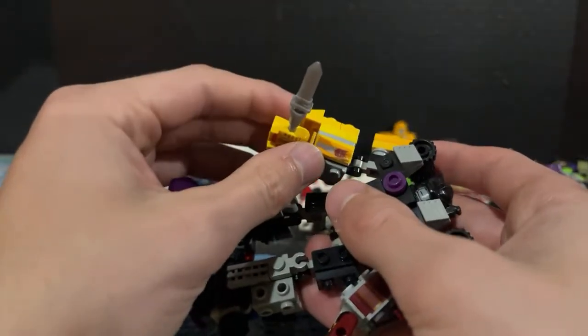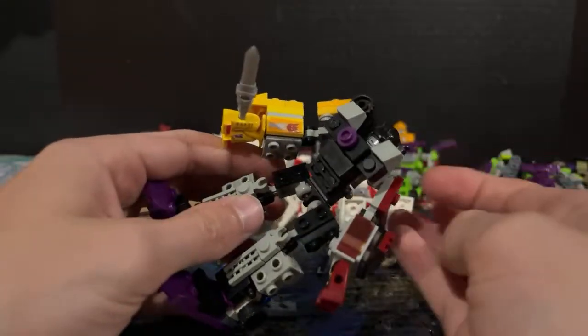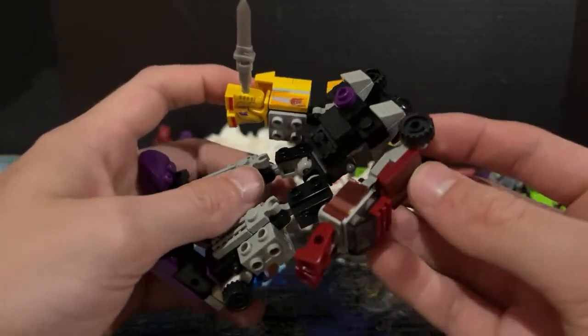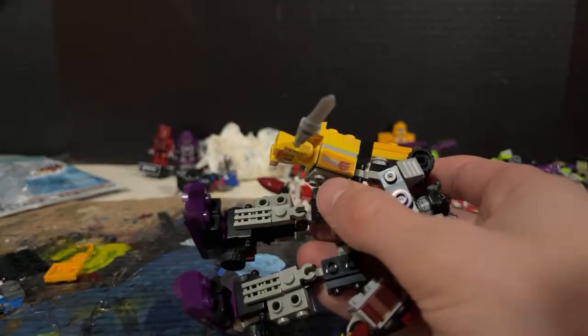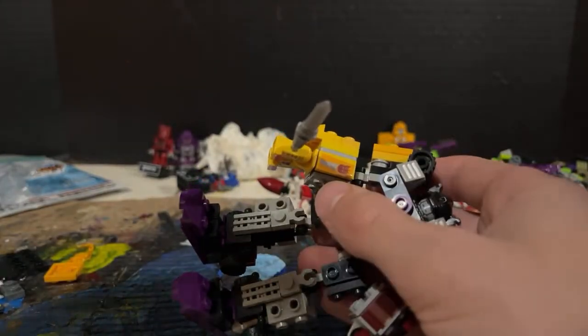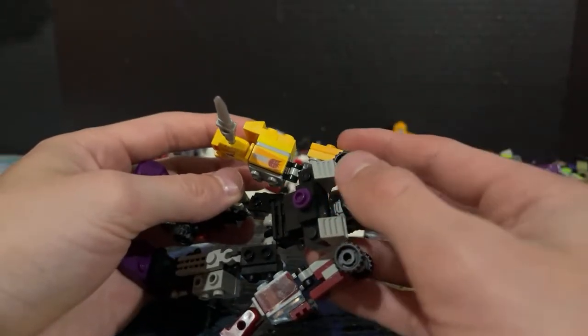And then for Drag Strip here, I put this cheese slope looking thing a little bit off-centered, because that's kind of how it looks. He has a spoiler kind of facing this way. But I just kind of like how that looks, I guess. And then I wish I could have this lower, but there's...